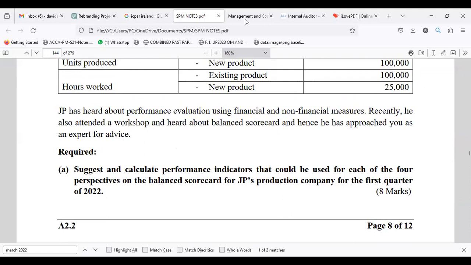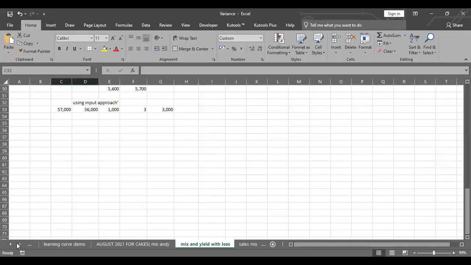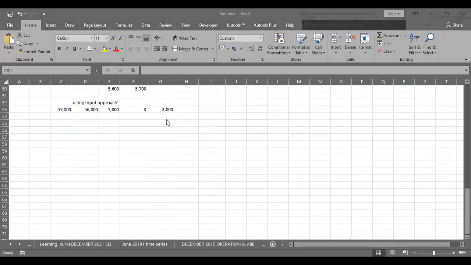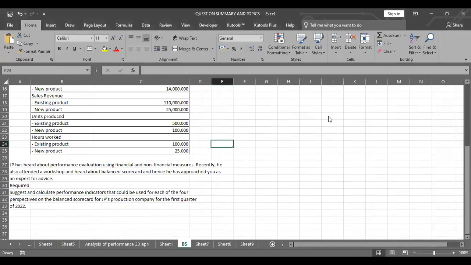So you may notice that in this context, if you go back, I tried to have it in the Excel. I don't know which Excel I copied it in, but I could check. I think I have various Excels opened. Let me check which one it is. Maybe it's this one here, the BS. So it's here. I got it. I think it's this one here. So I copied it here.